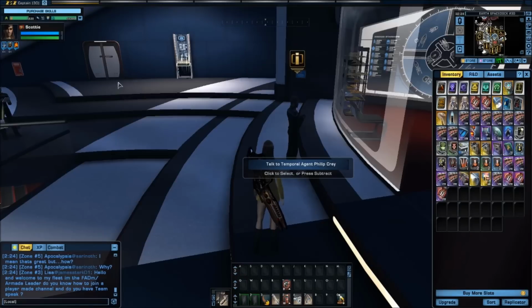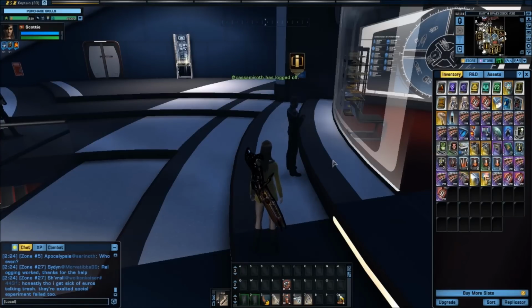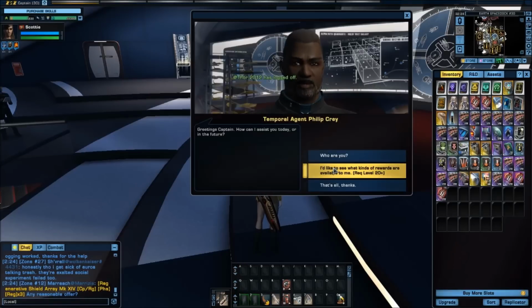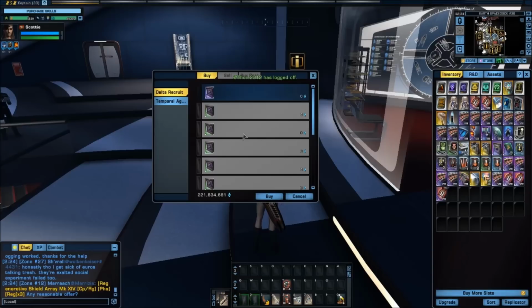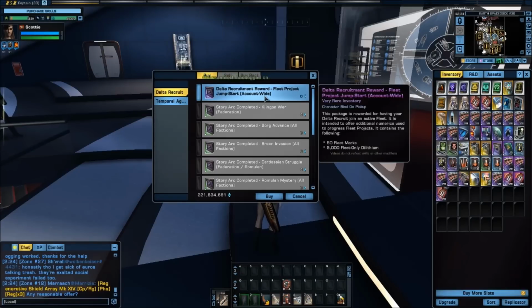I had turned over all my duty officer missions and suddenly was level 30 unexpectedly. I did not expect to gain levels that quickly. So, first things first, we're going to talk to Greetings. Temporal Agent, how can I assist you today? Since I've gained some extra levels here, number one, I can claim the Delta Recruit fleet project because